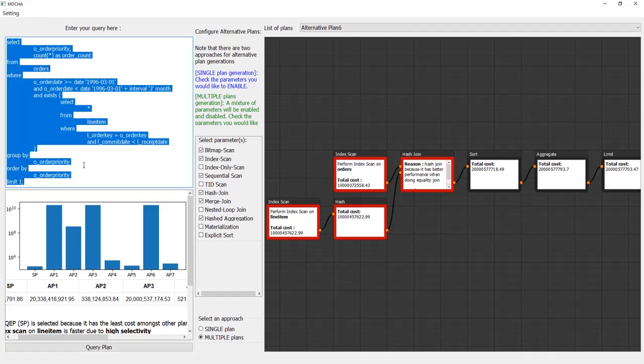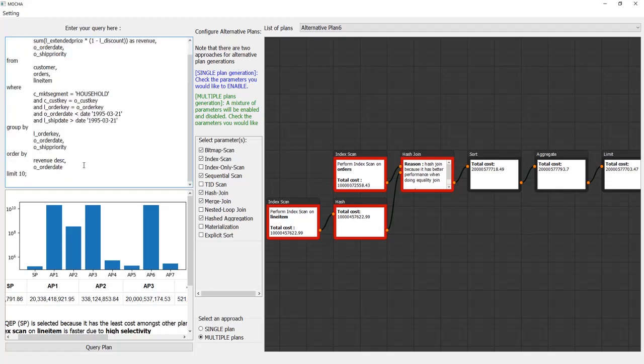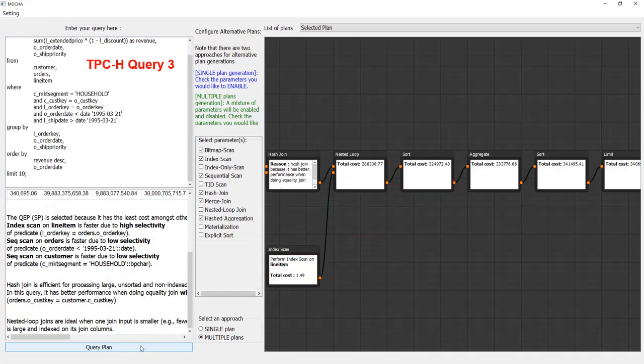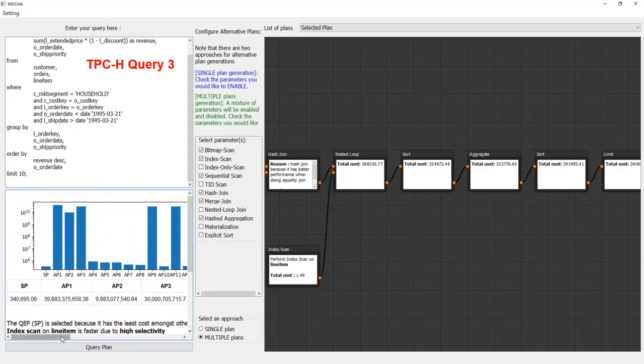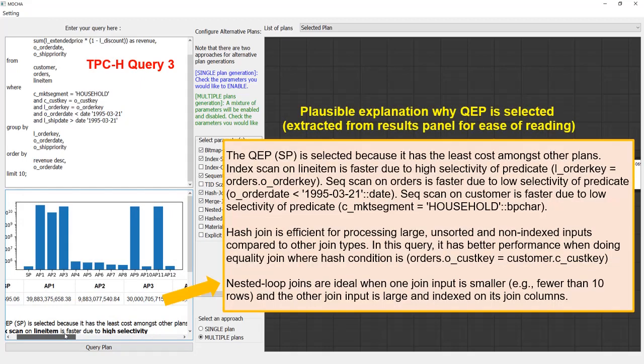We shall now apply MOCHA on TPCH query 3. Using the same set of selected parameters, the multiple plans mode generates 12 alternative plans. The QEP of query 3 is selected as the index scan is a suitable choice for lineitem due to high selectivity of the predicate. In the QEP, sequential scans are used on orders and customers due to low selectivity of the predicates. Further, in this query, hash join is likely to be more efficient for processing the large, unsorted, and non-indexed join